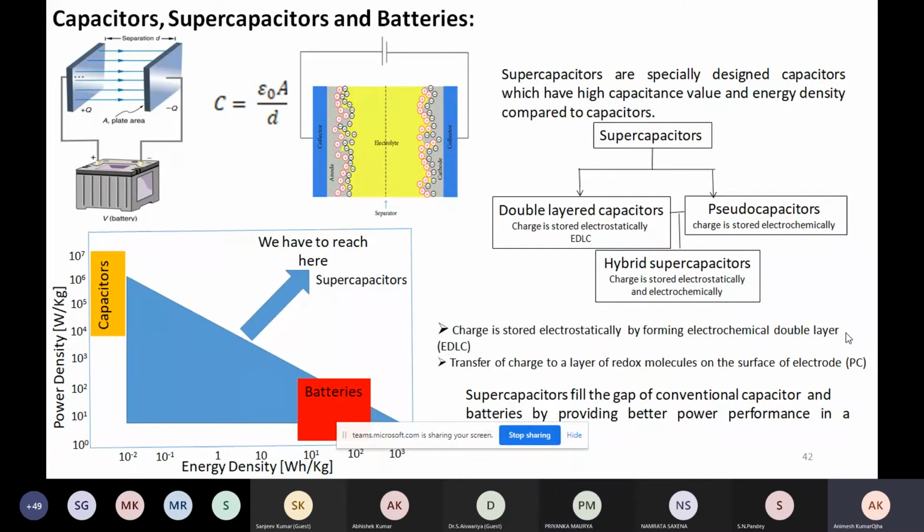Okay, sir. And my another question is, what is the physical significance of the HOMO-LUMO gap factor? Okay, see, physical significance means